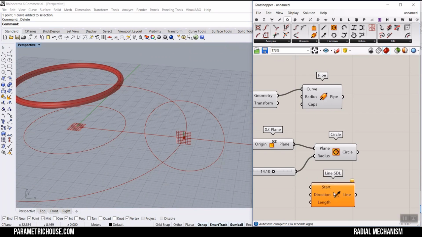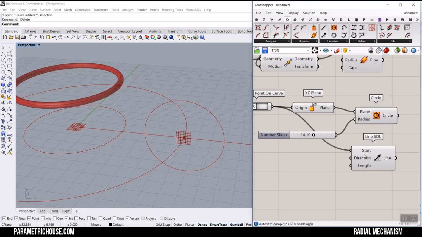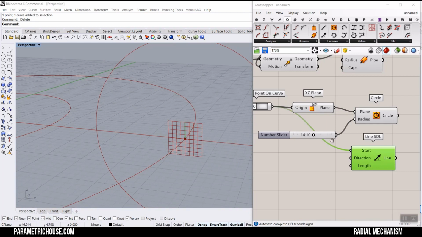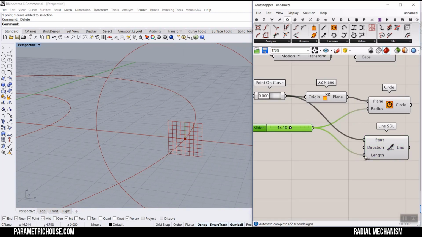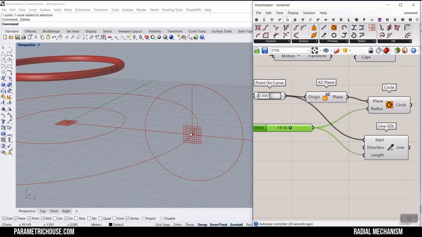Okay, let me explain. We're going to draw a line from here. The length is obviously the same as the radius, but we want to give this an initial position for when it's down, right? So what I want to do is to give it a direction. That's really cool. What I want to do is to use this technique. I'm going to use the direction X and then rotate it around Y and bring it up. So I'm going to say